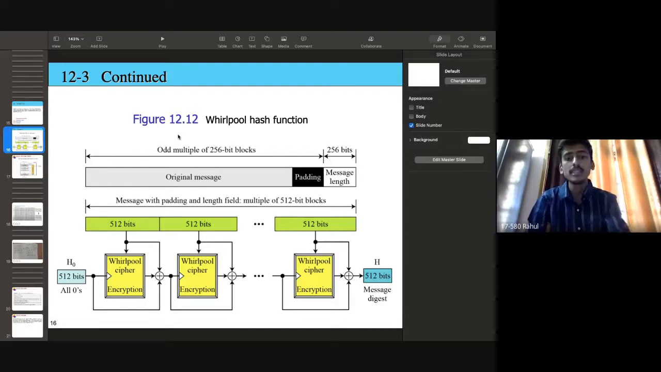The original message as well as padding should be an odd multiple of 256 bits. So if it is an odd multiple of 256 and the message length is 256, when we combine them, the whole length of the message will be a multiple of 512 bits. And next, as we form the multiple of 512 bits, for each 512 bits we will perform the encryption process. As you can see in the PPT, there are many 512-bit blocks, and for each 512-bit block,